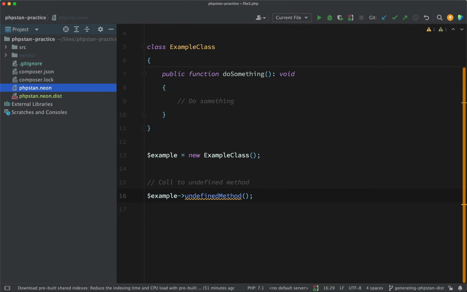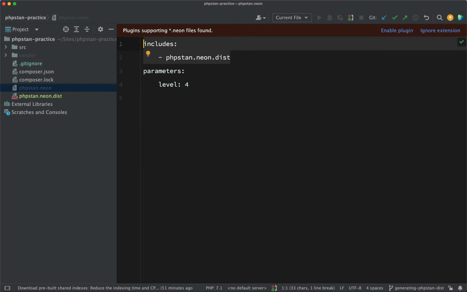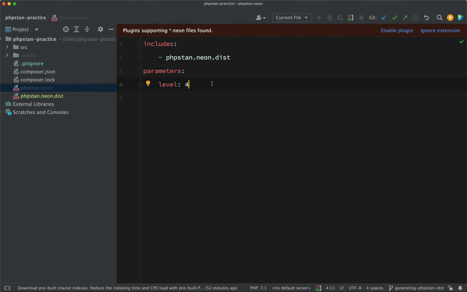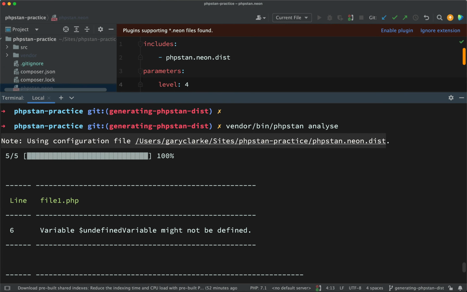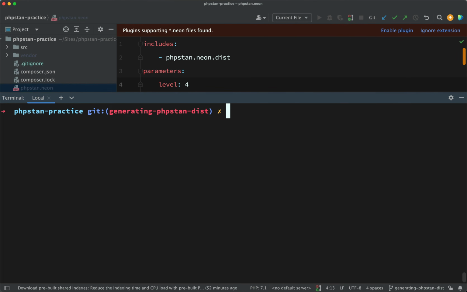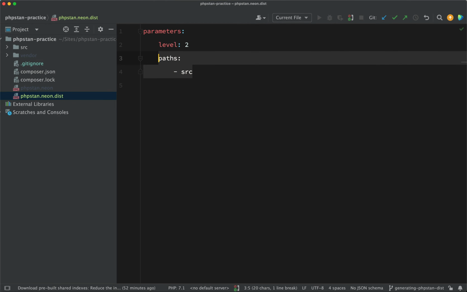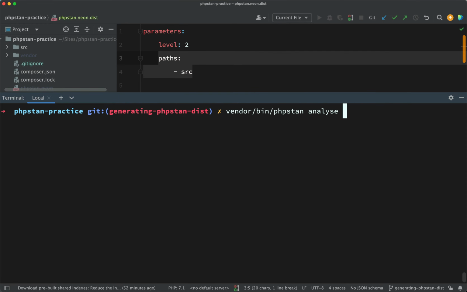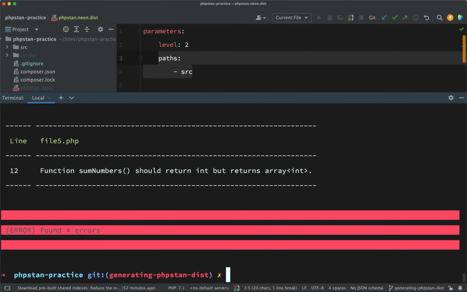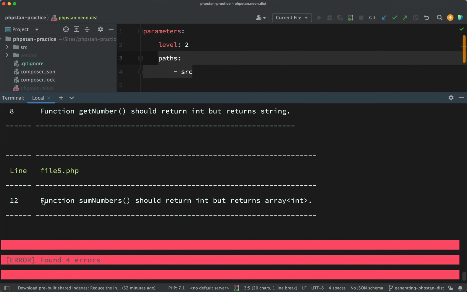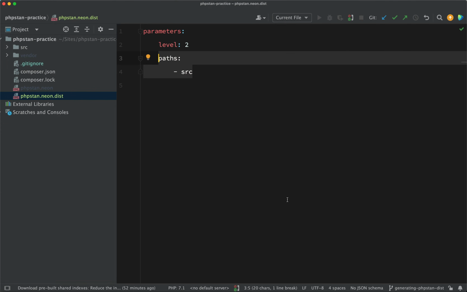and then I'll show you a use case for something or things which you might want to put in your phpstan.neon file, or put in any file for that matter, but we're going to put it in the phpstan.neon. So just going to run this. We know that we're running this at level 4 and that the phpstan.neon.dist is at level 2. So if I go and run this analyze, okay, so I know that this failure here is happening at level 4, but it's passing at level 2,